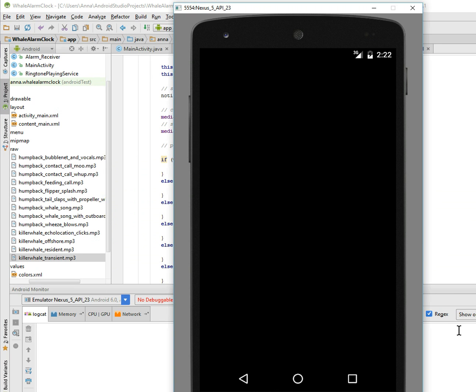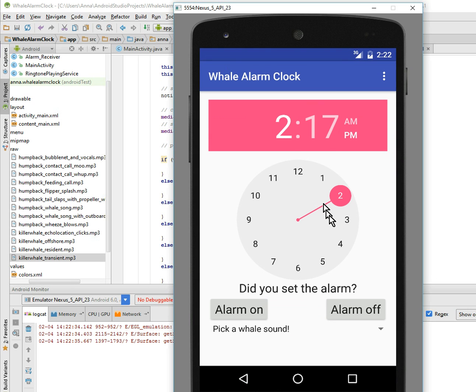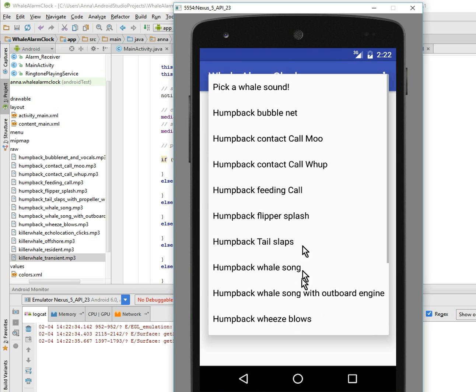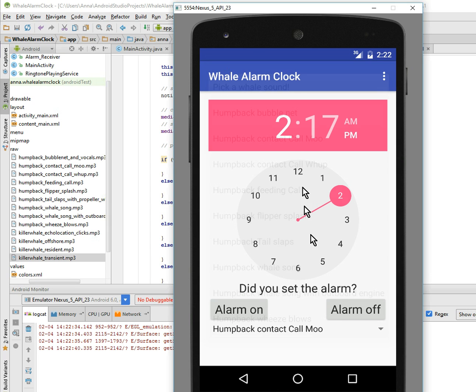Jeez, what's with my emulator? It's really slow. Alright, sometimes it just does that. Alright, so let's pick a whale sound. How about the moo? So this should be, I believe,